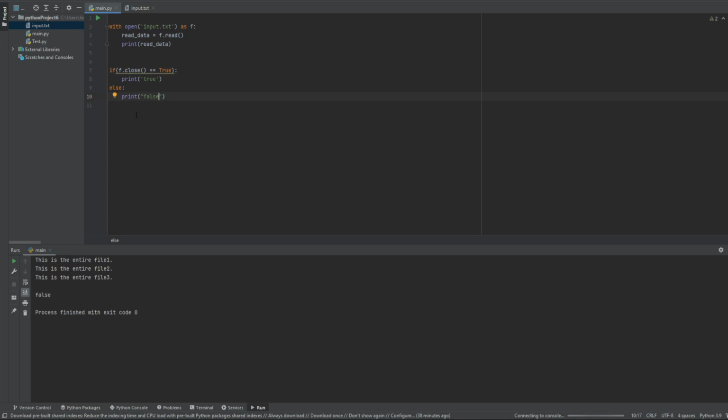you notice how it's saying false now? If f.closed is equal to true, run this. Now we're going to get true, because with the with statement here, once it executes the code in the statement, it automatically closes the file. So if we had, like, without the with statement, let's just say